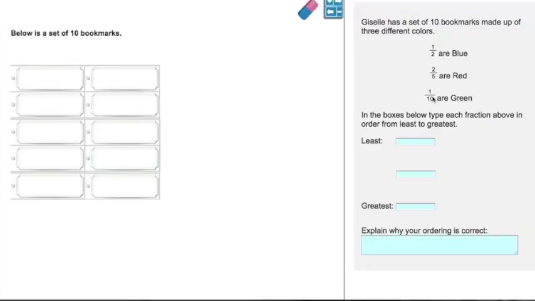Now you need to decide which fraction is the greatest, 1/2 or 2/5. You can solve this by cross-multiplying these fractions, 1/2 and 2/5. We're going to cross-multiply, which means we're going to multiply across the diagonal here. 2 times 2